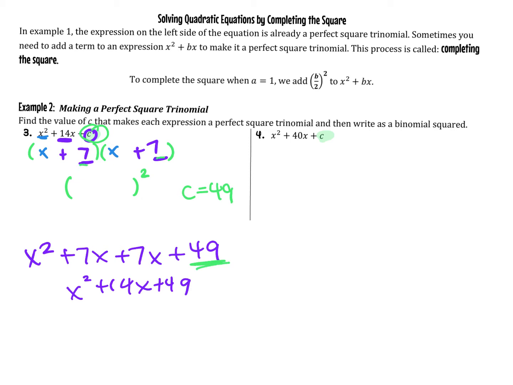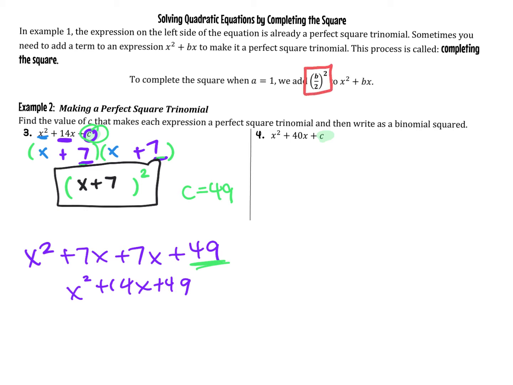And what I would have after I added that 49 is the ability to factor this to be x plus 7 quantity squared. And this will allow me to now solve using the square root method, to square root both sides and to isolate my x. So the key thing that I want you to be thinking about is we're taking that middle number, and there's sort of a formula for it. We're cutting it in half,